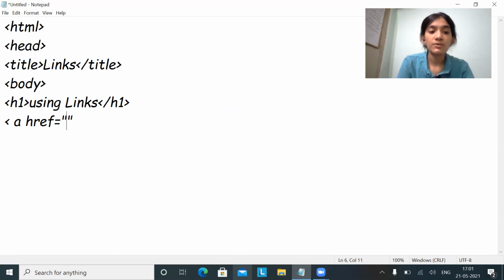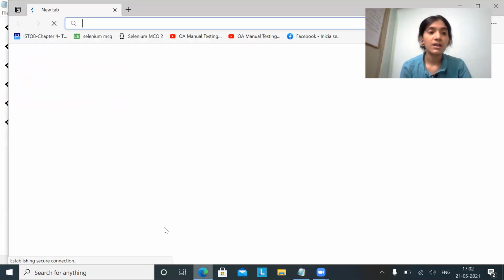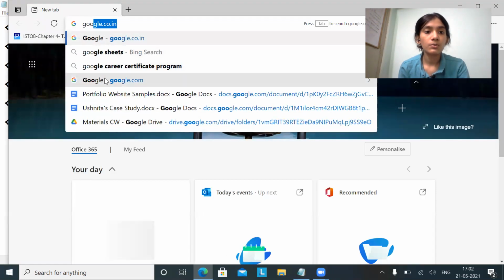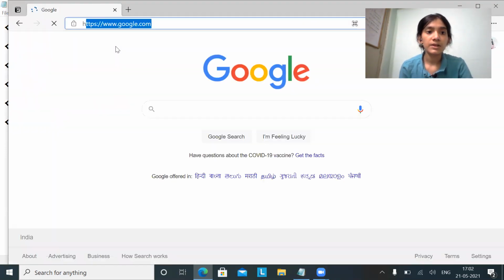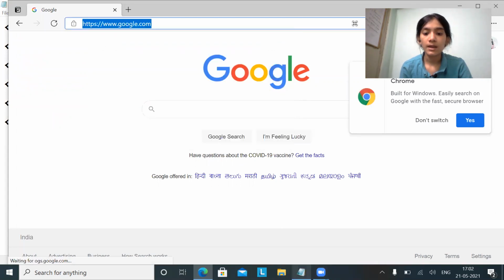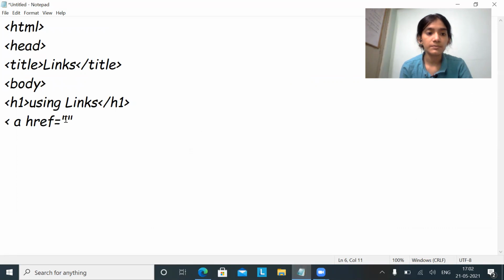I want to specify the google.com website as the value, because whenever I click on the link, it should go there. Suppose you don't know the exact link, just go to google.com, copy it, and paste it here.